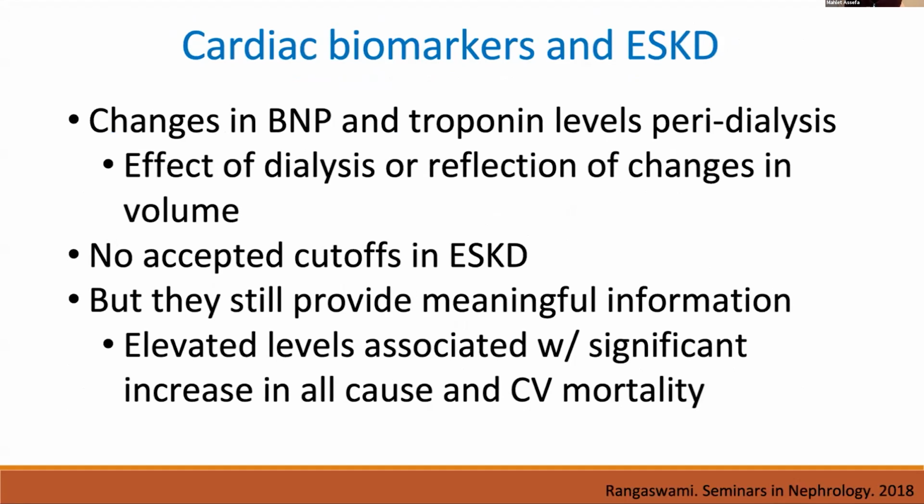Thinking about biomarkers, we know that in our patients, given the decreased renal clearance, BNP and troponin levels tend to be elevated, but the question is what to make of those elevations. There are changes in BNP and troponin levels peri-dialysis, so they decrease post-dialysis. Initially there were questions about whether that is the effect of dialysis, or does that reflect changes in volume status of patients post-dialysis? And really the latter is what's more accepted